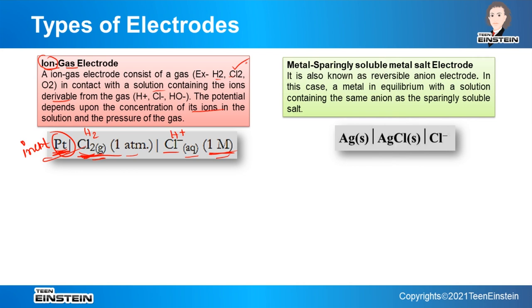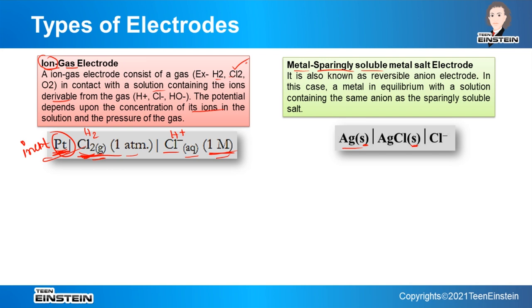Okay, next type is the metal sparingly soluble metal salt electrode. Sparingly soluble means it is not very soluble, only very slightly soluble, and there will be a metal also. So here we have silver metal, which is solid, so that is why S is written in the bracket, that is its physical state. And AgCl is sparingly soluble, so that is why it is S. Suppose if it is KCl, then it is fully soluble, and in that case we can write aqueous, but